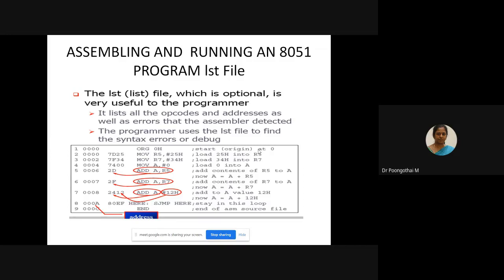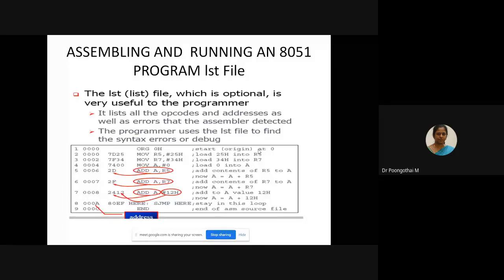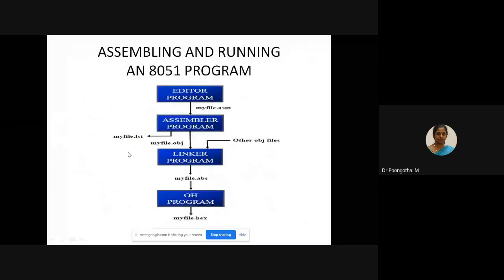So these are the steps for assembling and running a program in an 8051 assembler or compiler. The first step is the editor program. First we use an editor to type a program.